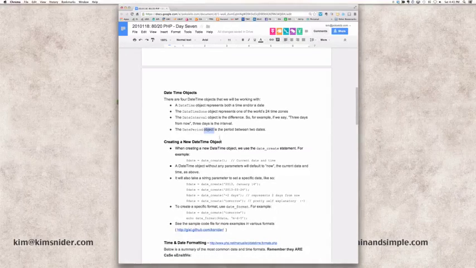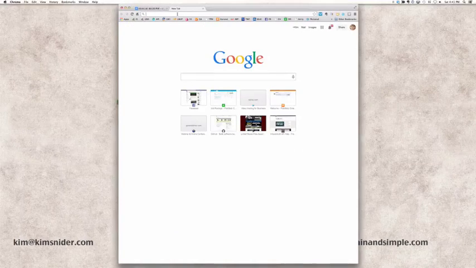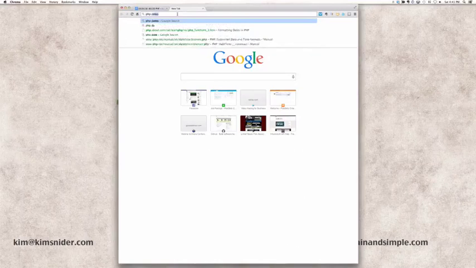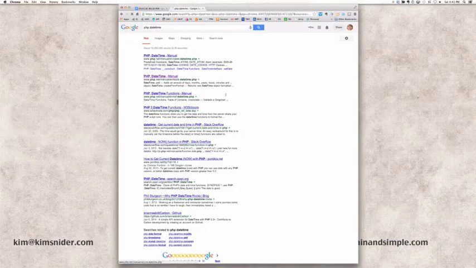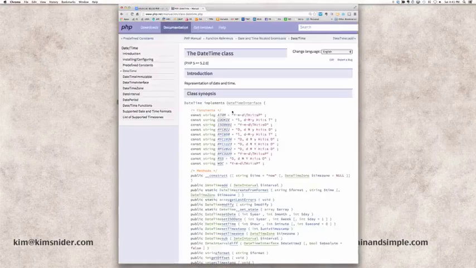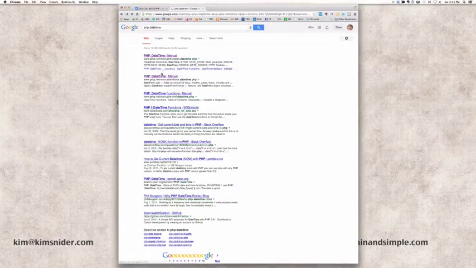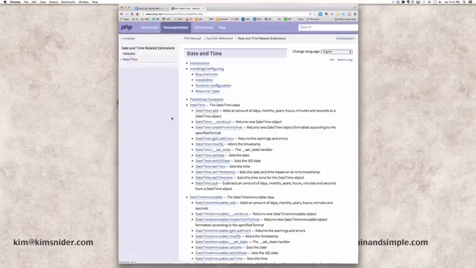So the other thing I should tell you is that when you RTM, read the manual, you will notice that it gives you two ways to do things when we're talking about